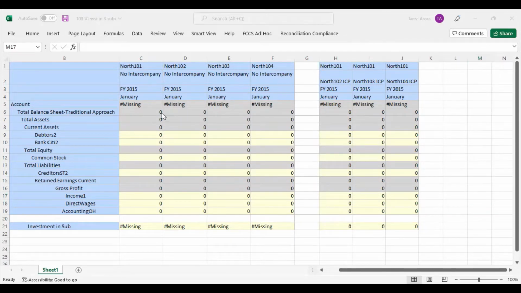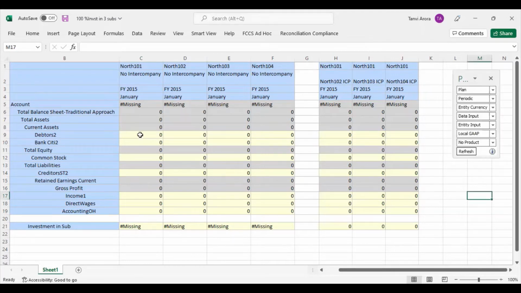Here I will take my debtors as 1,75,000, bank as 1,65,000. Common stock is my share capital, so I will take it as 3 lakhs. Then creditors as 20,000,